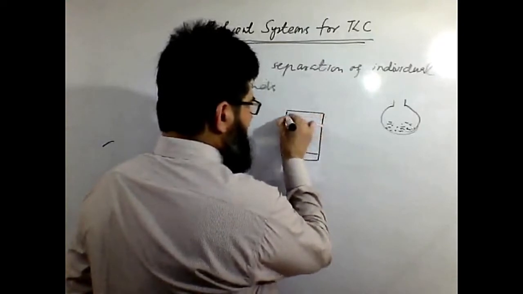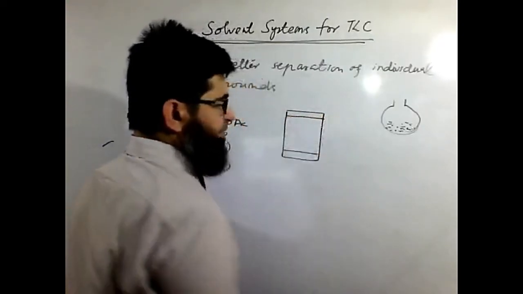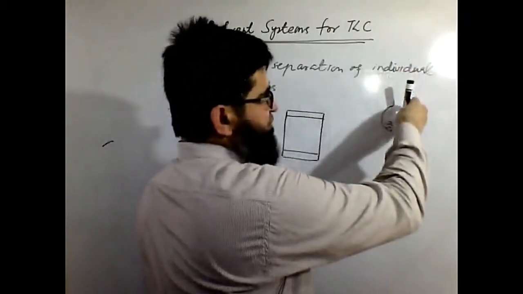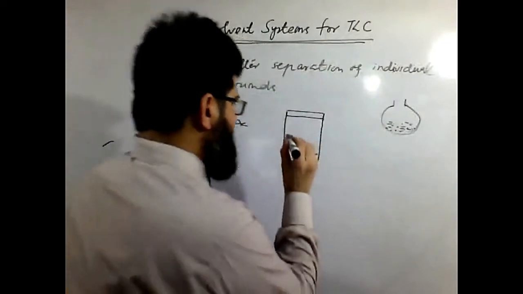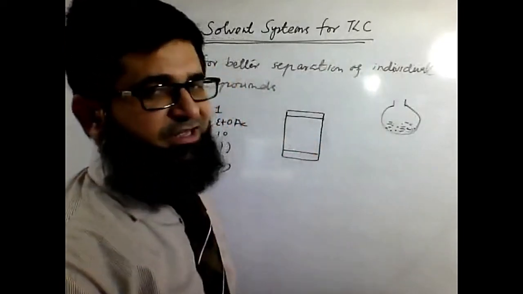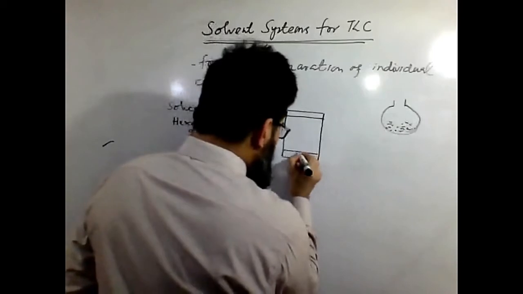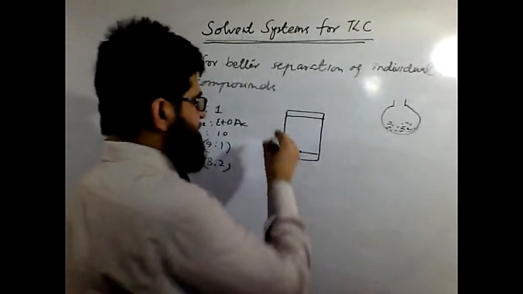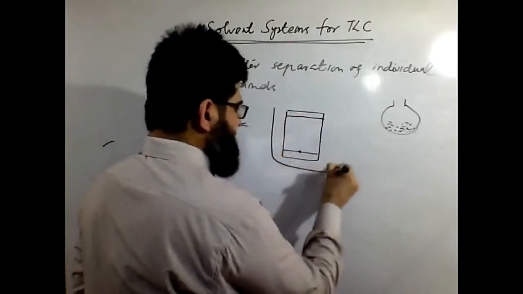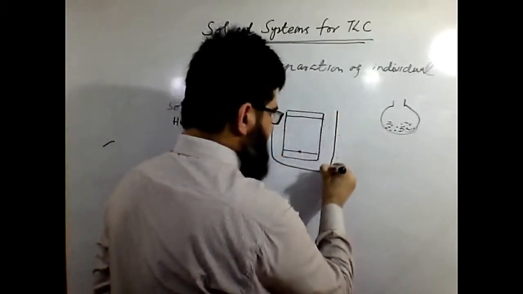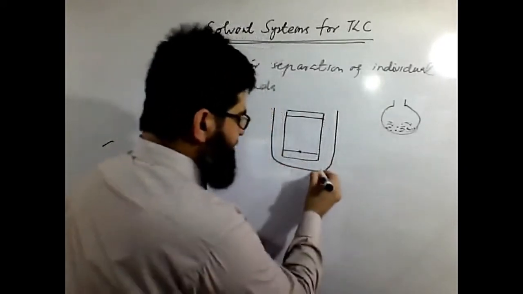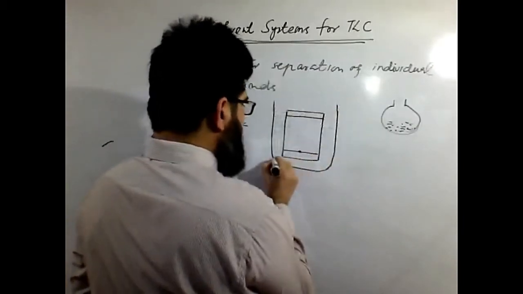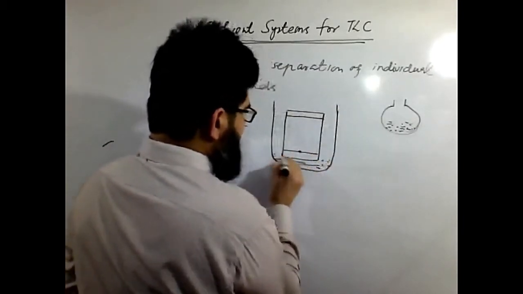As usual, we marked a baseline, we marked an upper line, we took a new capillary, dipped it into the reaction mixture, took that out, and then touched the surface of the TLC in a pretty light way, and deposited a spot over there. As per the previous practice, we bring that TLC plate and put it into the TLC beaker, and we introduce the TLC solvent.